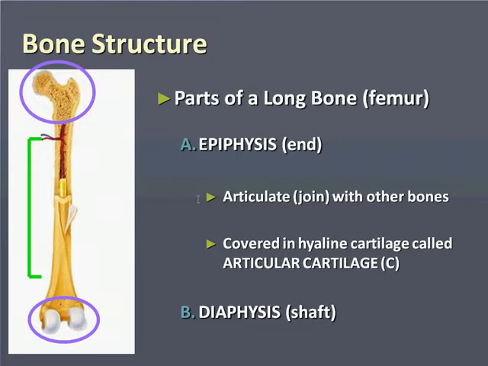So anyways, the ends of the bones are going to articulate or join with other bones to make joints and cause your skeleton to move. And you can see on the ends there, at least on the bottom, it's covered in a type of cartilage that we've seen before. But in this case, since it's at a joint, we're also going to call it articular cartilage. In the middle of the bone, or the long shaft of the bone, is called the diaphysis,